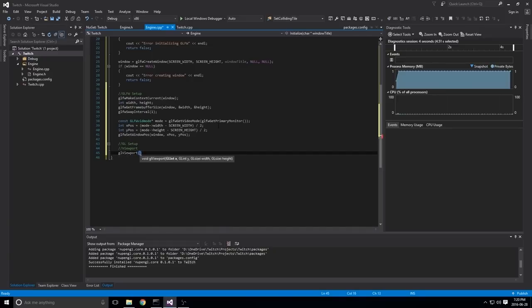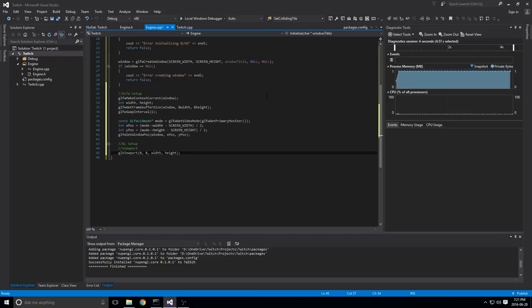Okay. Now remember, those width and height values that we got from up here from our frame buffer size, that's what we're going to use to set up our viewport. And this is how OpenGL is going to be able to use our actual window size and use that as the viewport size as well. Now you can set up the viewport any way you want. Like you can have 0, 0 be top left, top right, whatever, right? What I like to do is set it up like this, so 0, 0, and set the width to that width that we got from up top here, so the width of our frame buffer based on our window. So width and then height.